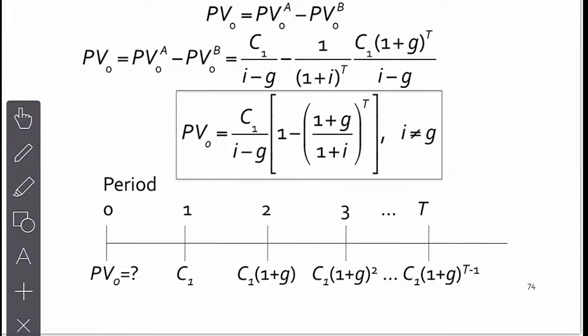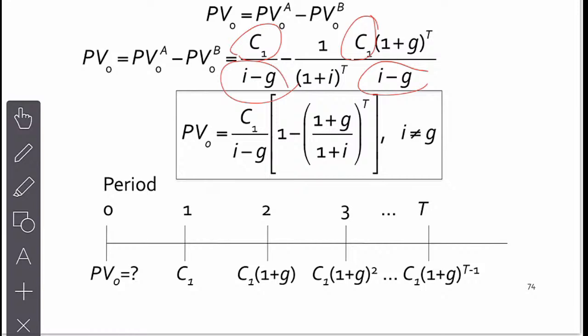I can factor out my C1s, and I can factor out the denominator, and that leaves this adjustment factor in here. You see, so this looks familiar. Well, maybe not. I don't know. Maybe you never saw this before. This is the growing annuity formula. Very realistic. Applied in a lot of cases because